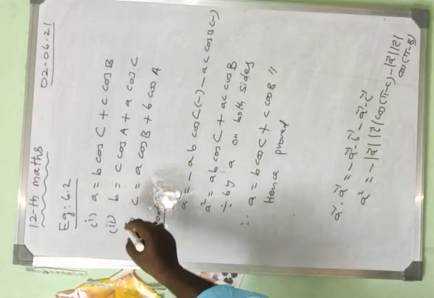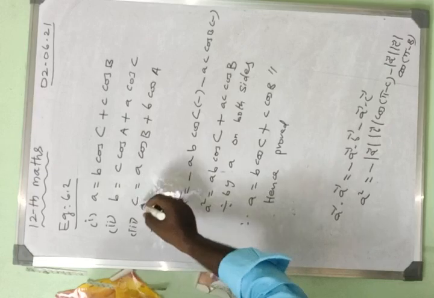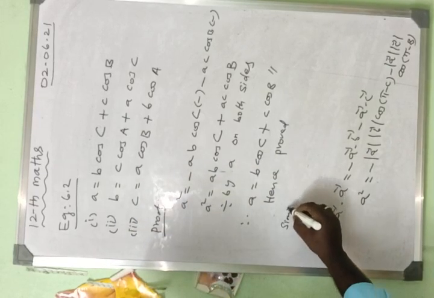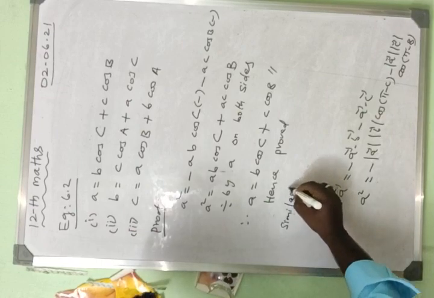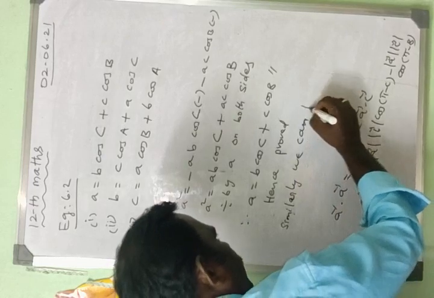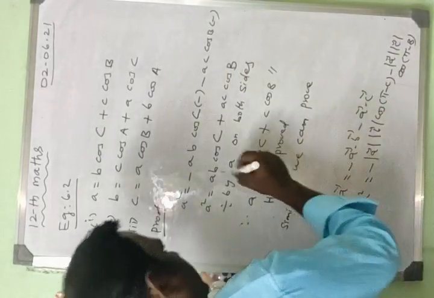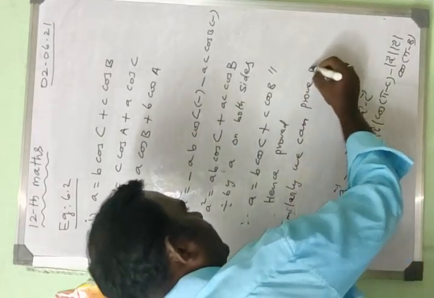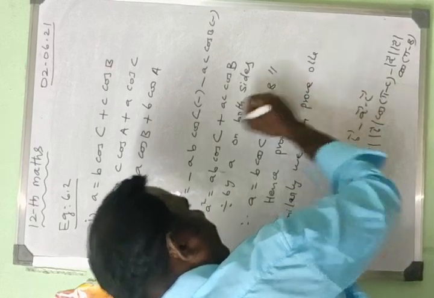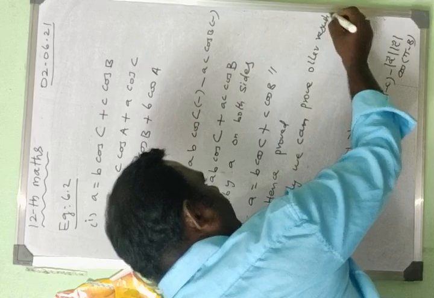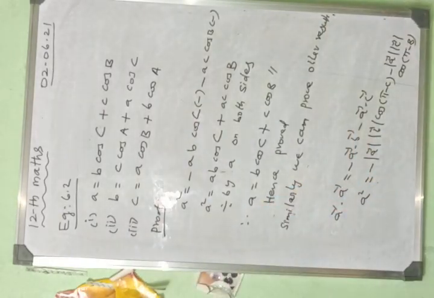So what about the other results, for b and c? How do we get them? Similarly, in the same way as this, we can prove the other results. Like this, prove the other results. That's all. Okay, any doubt? In detail, you can call me.